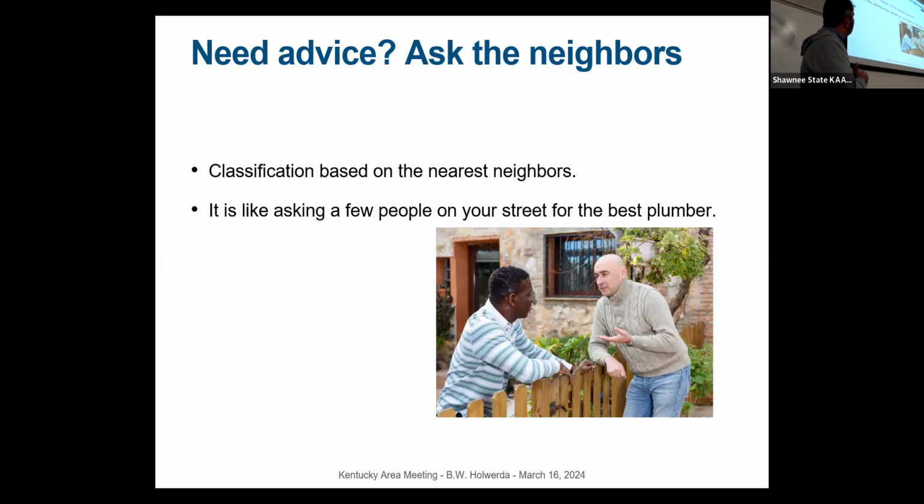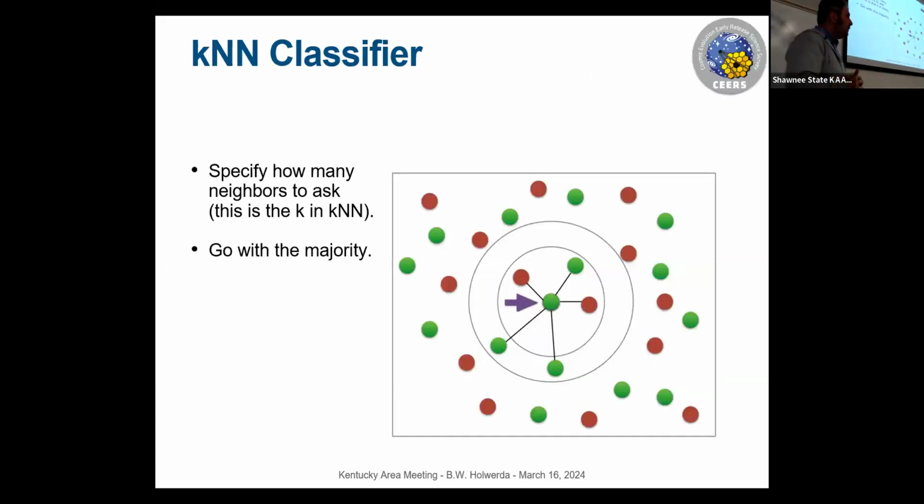So if you don't know what you need to do, you go and ask your neighbor, and your neighbor will happily say, that's the plumber you should avoid, and that's the one you should go for. In machine learning terms, that basically means if you have a multidimensional space, and it doesn't have to be orthogonal, which is great, you just ask, what are the closest examples in my training set, including in the Euclidean space sense? So you go like, I'm going to take the average of